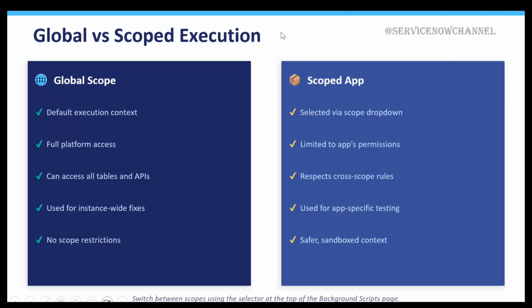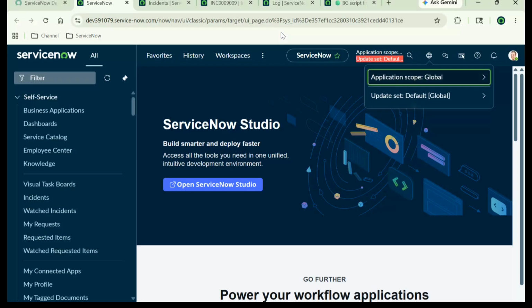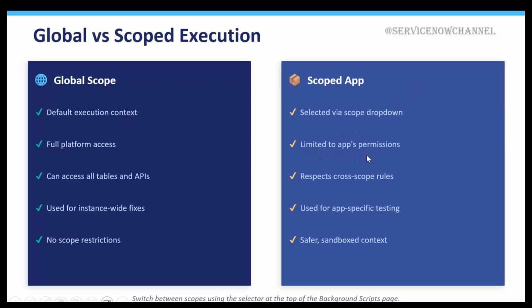scoped app. So it's selected via the scope dropdown. So here, this one is the scope selector. Here you will select, and it is limited to the app's permission. It will be very limited to the app's permission, respects cross scope rules, used for app-specific testing, a safer sandbox context. Okay,